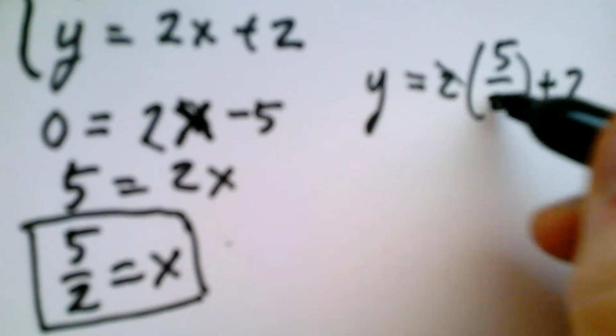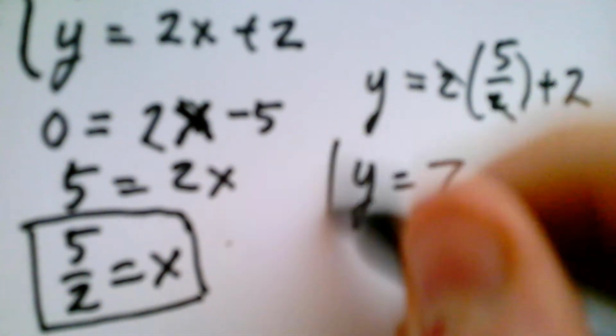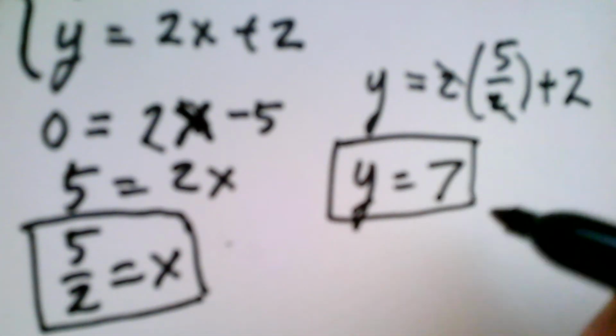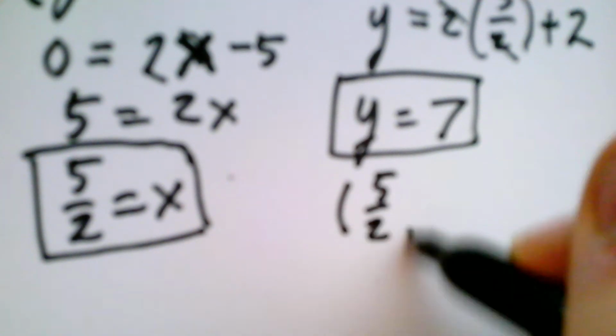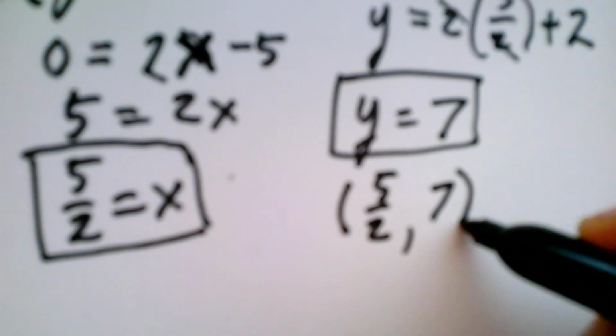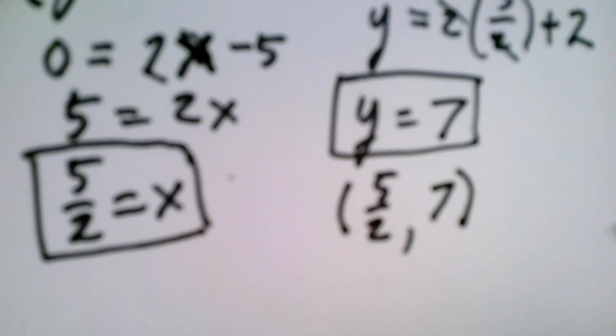The 2's will cancel. I'm left with y equals 5 plus 2 is 7, and that is the y-coordinate of our point. So our point of intersection is going to be 5 halves, comma, 7. Okay, so this doesn't seem so hard, but I guess the next thing that we might want to talk about is when we